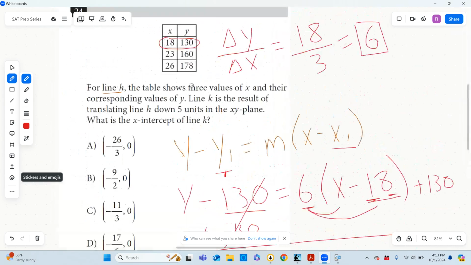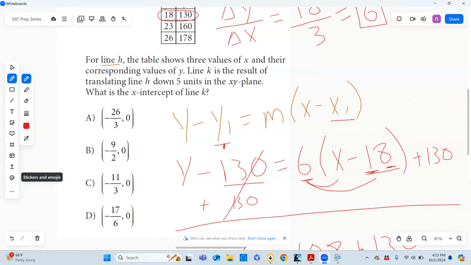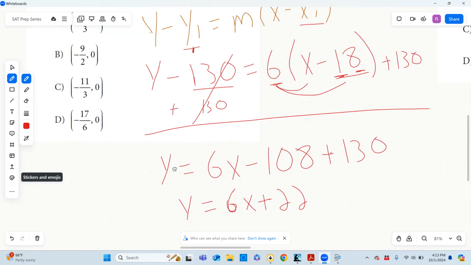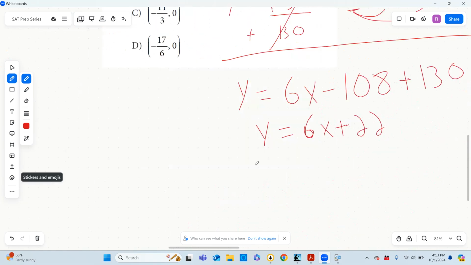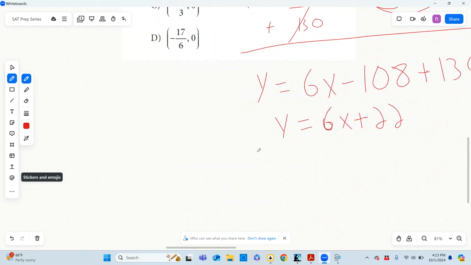Now, next, we have line H, right? We just built line H. We built it using some of the coordinates that they gave us from the table. Now, what they're actually asking us about is line K. And line K is the result of taking line H, so taking this line that we just built, and translating it down 5 units. So if you don't remember your transformations, a downward shift would look like y equals